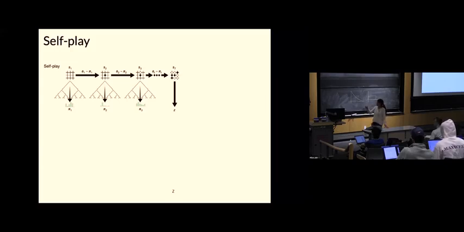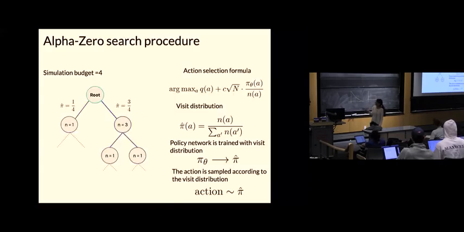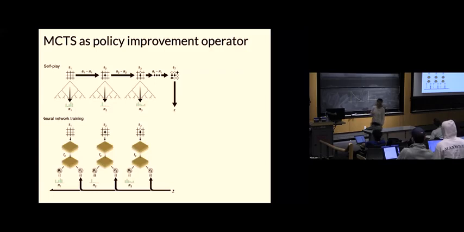But in any case, at some point somebody is going to win or lose. One is going to win, the other is going to lose. And you get this final reward Z, which is going to be 1 or -1. And here is what you're going to do. You do that not once. You play multiple games. And then you go and update your network.